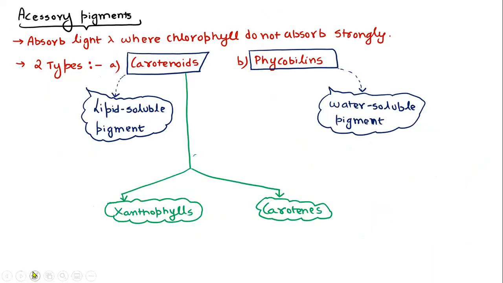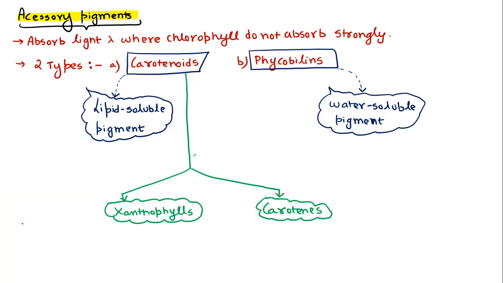Coming on to the next important part that we have is the accessory pigments, right? So what do you understand by accessory pigment? Apart from the main photosynthetic pigment, which is the chlorophyll, and that too among chlorophyll, chlorophyll A is most important, which we will discuss later on while we'll be discussing the photosynthesis mechanism. Accessory pigments are those pigments which are